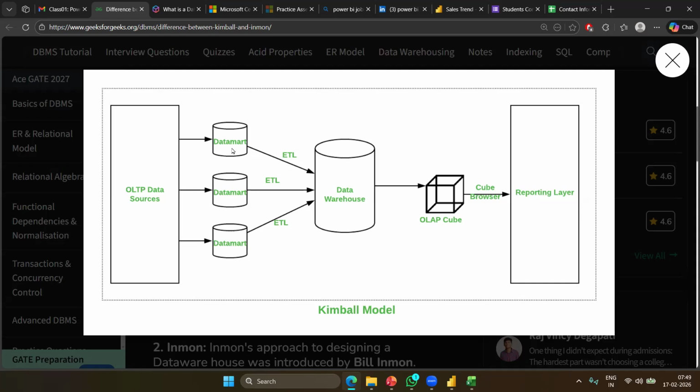Again, a data mart is like a data warehouse, just a subset of the data warehouse. So for sales, create a data mart and integrate it with the data warehouse so that reporting can be done on that.